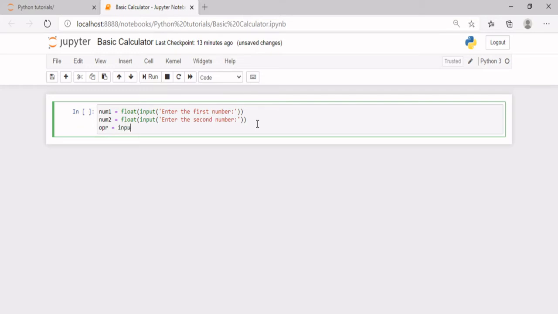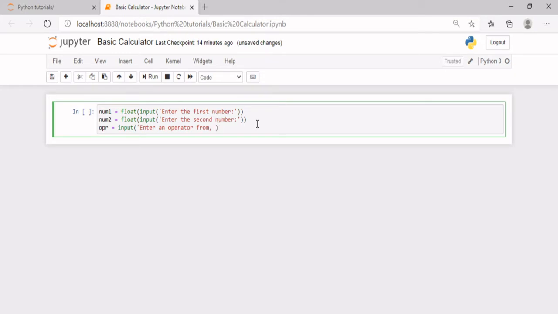So input, and here we will prompt them to enter an operator. So we will say, enter an operator from,